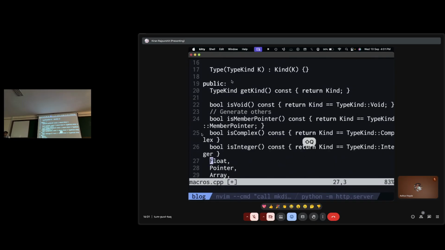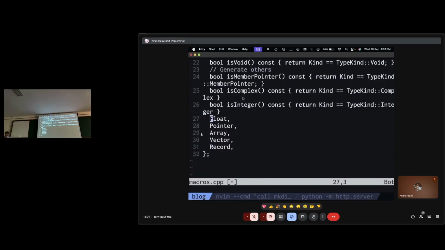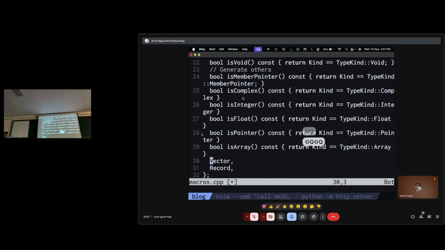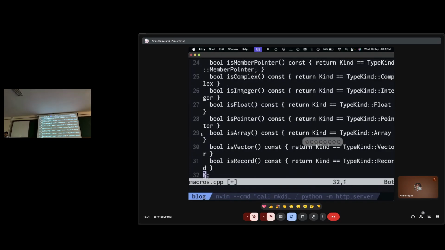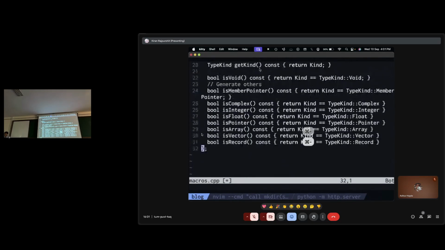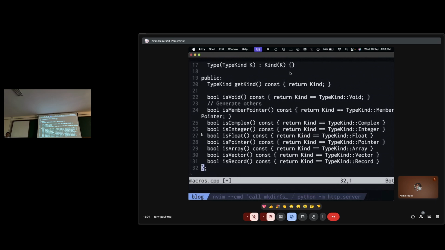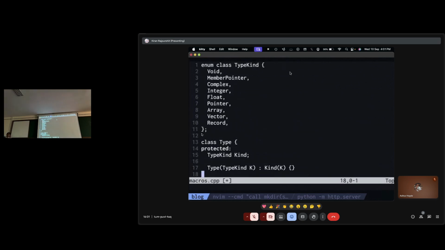And I'll press capital Q to just play whatever I did before. Right? And I want to repeat this for every single one of them. Like Q, Q, Q, Q, Q. And you can see that I've now generated these functions for every single enumerator. Do you want me to repeat?